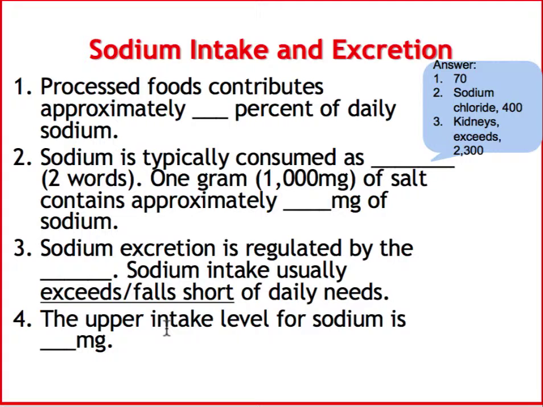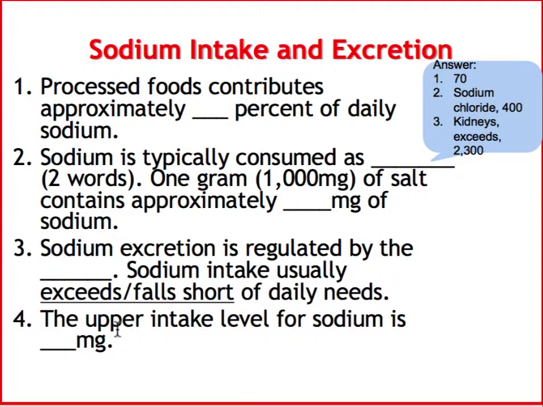Their ability to regulate their sodium content in their blood is compromised because their kidney function is usually compromised. And so for most Americans, it's recommended that they follow a low salt diet, which is 1,300 milligrams per day. For the average American not prone to hypertension, the recommendation, the dietary reference intake, is about 2.5 grams or 2,500 milligrams.